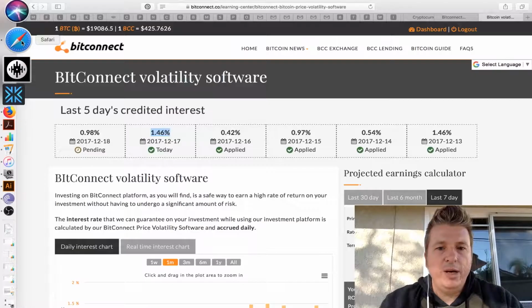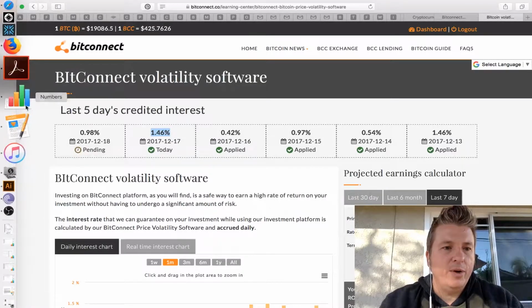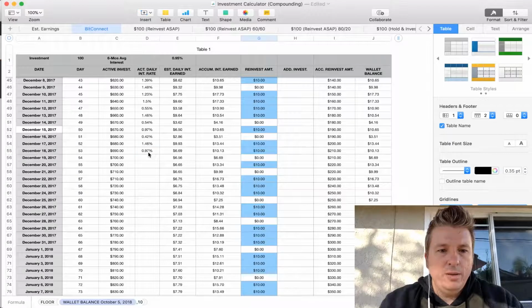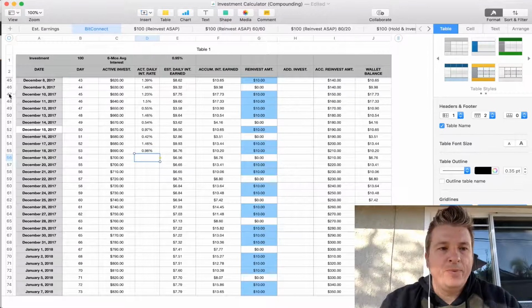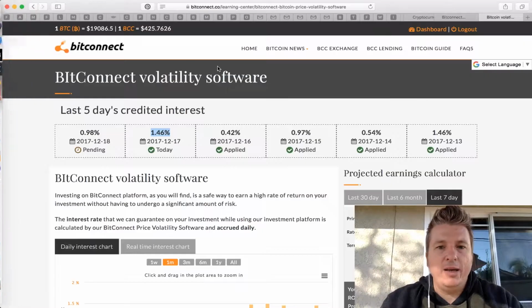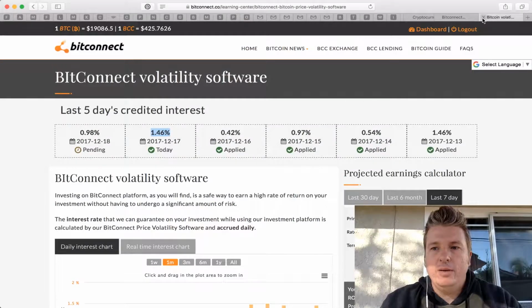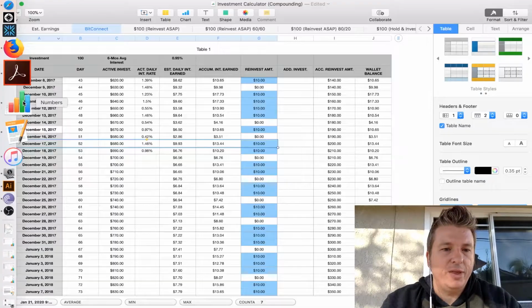Anyways, long story short, I'm at $14 something cents. Let's go back to internet. We're going to close this one down. 0.42, 1.6, and 0.98. I did that wrong. Oops, 0.98%. Okay, so that's that. We're on 1.46, December 17th, so officially I'm on day 52, and I'm about to make my, I don't even remember which reinvestment. I guess I better go count that.